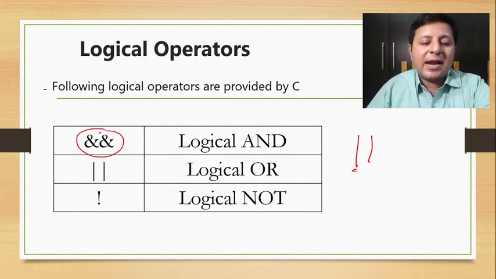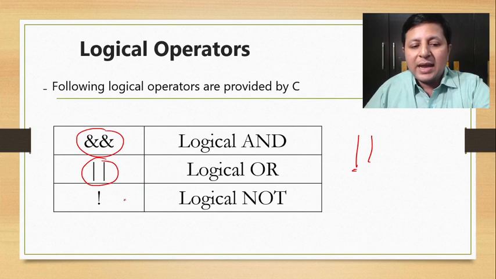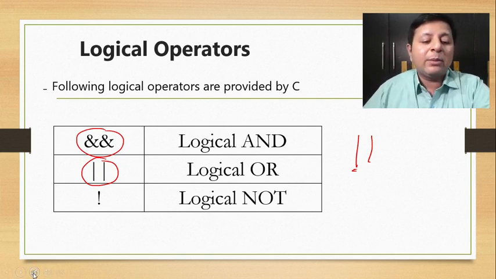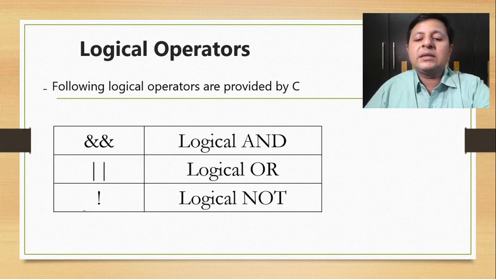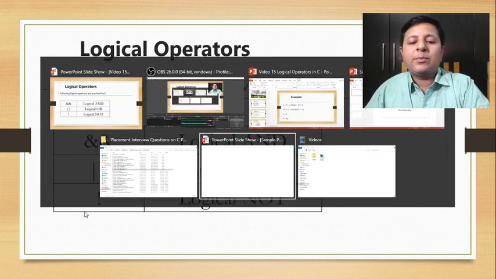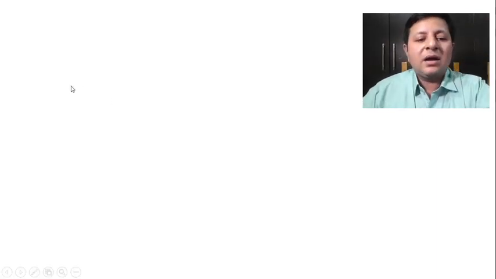So that's logical AND, this is logical OR, and then we've got logical NOT. Okay, so first we obviously have to look at some examples, and before that we're required to look at the table. So how exactly the table for AND and OR would be. Okay, I'll just give you with the help of another slide.